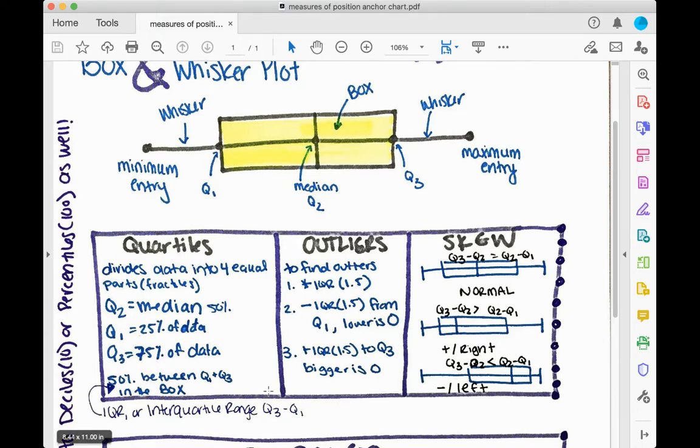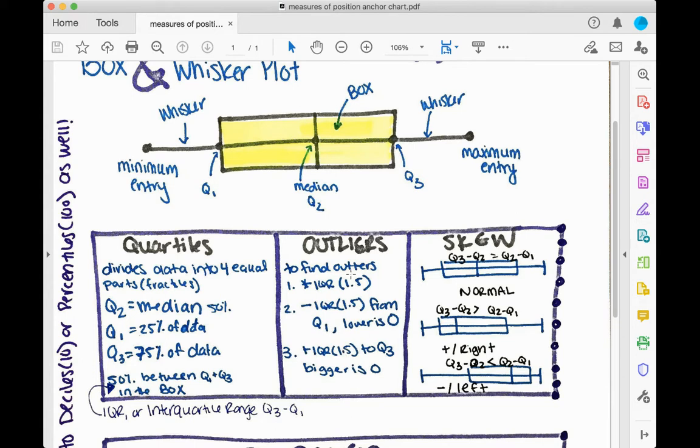Officially, you take your IQR, say that this is literally a spread from 0 to 100, and this happens to be 25, and this happens to be 75. It doesn't always work out that way. That we have an IQR of 50. We would do 50 times 1.5. And then 50 times the 1.5 would be 75. So if someone scored, now your IQR, so that was your 50 times the 1.5, so it's 75, so 75 higher. So if somebody scored 125 or negative 125 on this test or whatever it may be, that would be